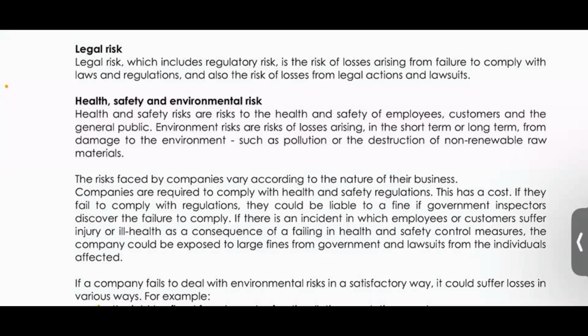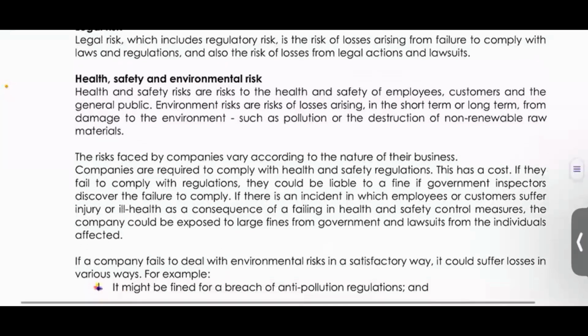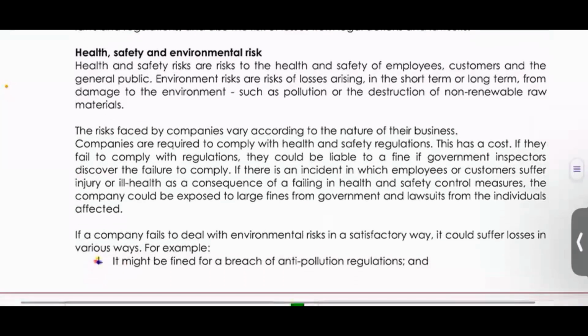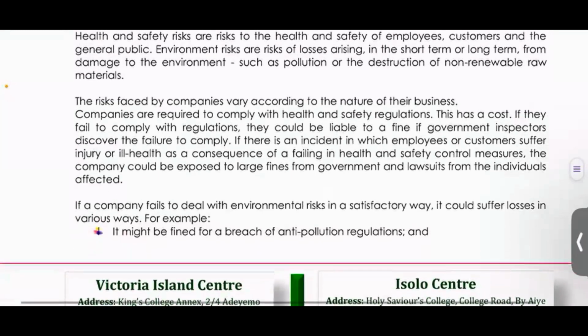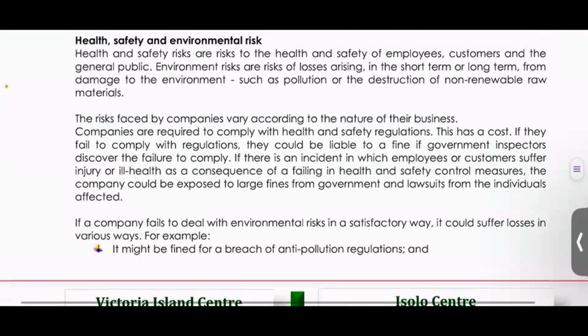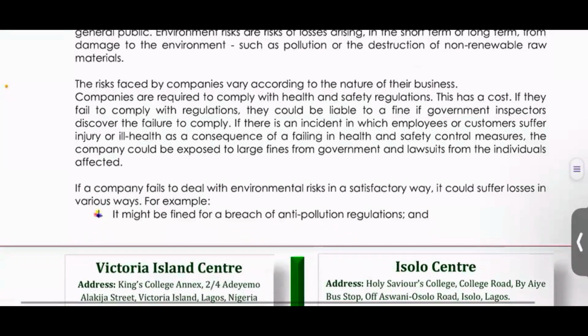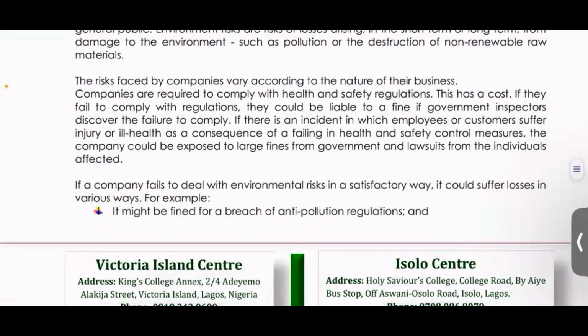This has a cost. If they fail to comply with regulations, they could be liable to a fine if government inspectors discover the failure to comply. And if there is an incident in which employees or customers suffer injury or ill health as a consequence of a failing in health and safety control measures, the company could be exposed to large fines from government and lawsuits